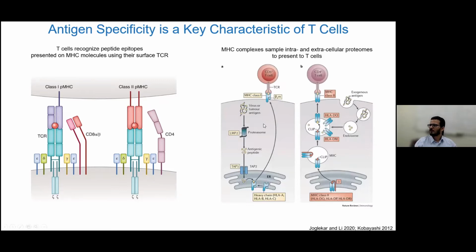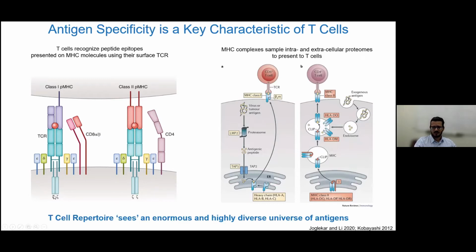both sample the intracellular and extracellular proteome and then present peptides from those proteomes to T cells. Class 1 complexes typically present peptides from proteins that are translated within a cell, so an intracellular sampling as such, whereas class 2 MHC complexes can present peptides from exogenously acquired antigens. It's estimated that together, class 1 and 2 MHC complexes present anywhere from 10 to the 4 to 10 to the 6 molecules on the surface of cells,